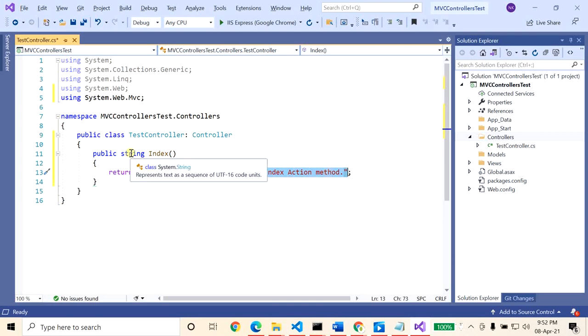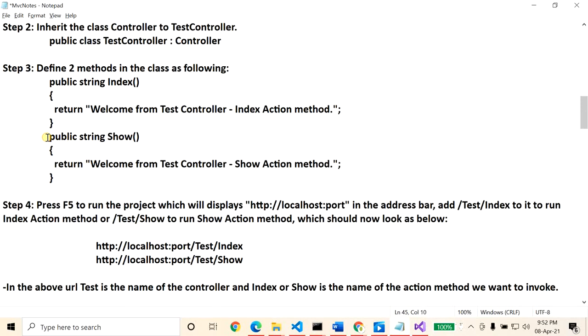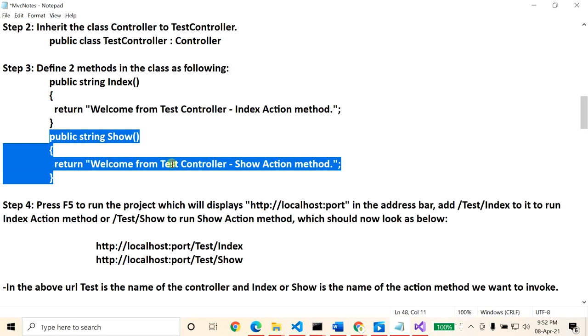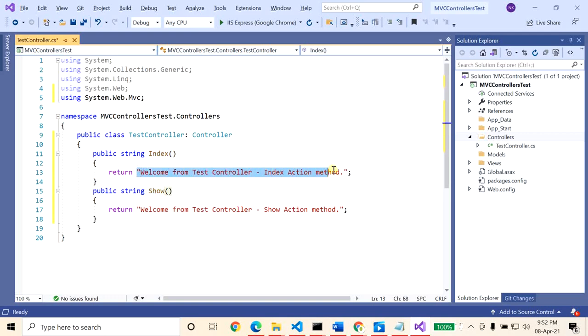Now one more, public string Show, which again returns a string, "Welcome from TestController Show action method". I'm copying and pasting to speed things up. We have two action methods, Index and Show, and both are returning a string.